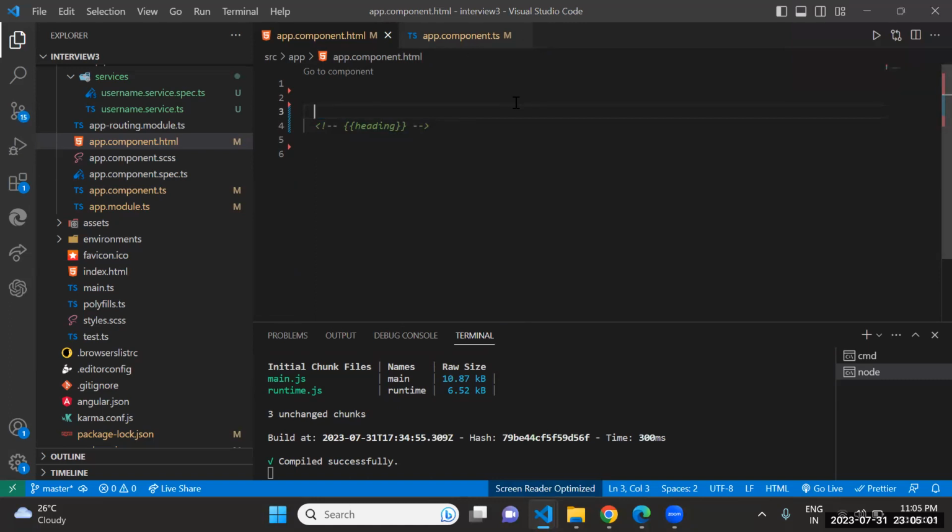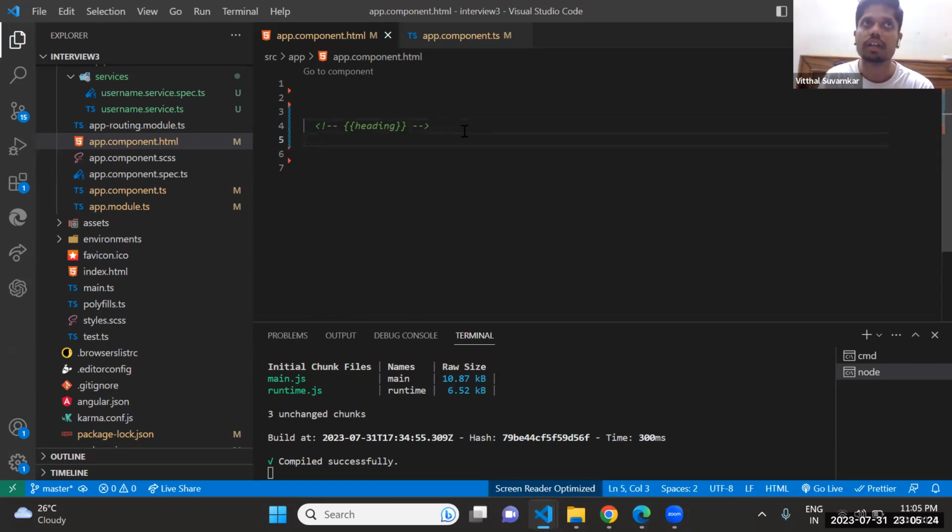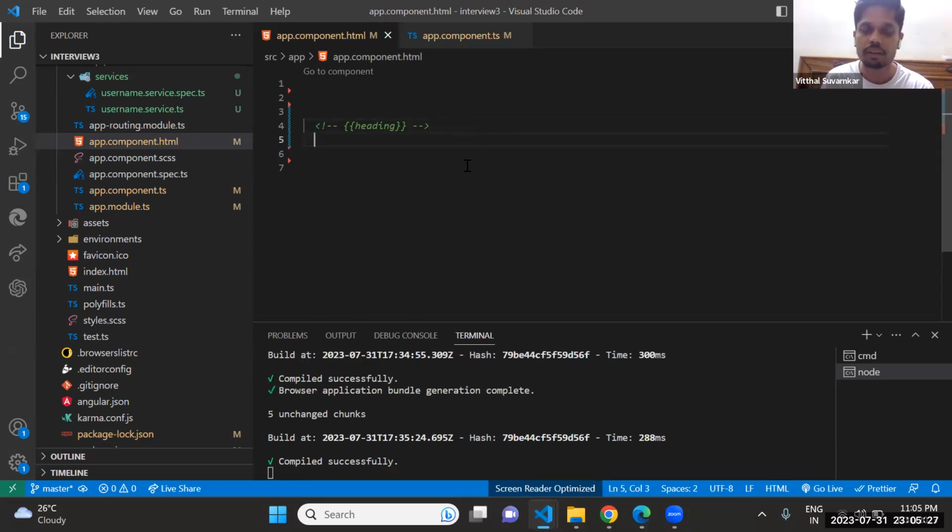What is a decorator and what are the types of decorators? A decorator starts with the @ prefix and is used before a class or object. In Angular, there are @NgModule, @Input decorator, @Output decorator, loadChildren, HostListener, and HostBinding. These are the inbuilt decorators in Angular.